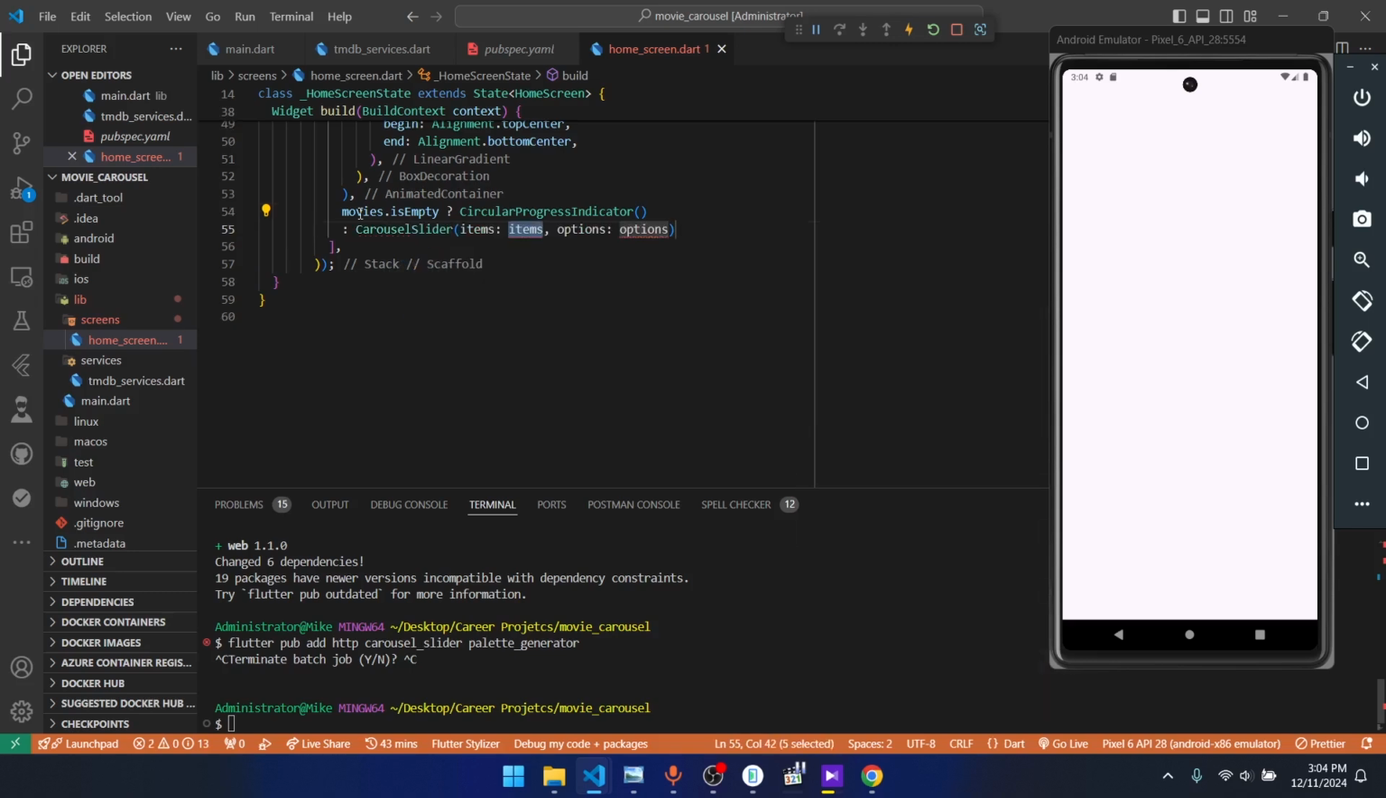Okay, carousel slider. Then we say dot builder, so it's a carousel slider dot builder. Then we just remove this. You can just say item count, then we give it the length. Okay, so we get the length. Then the options. This is where we're going to say